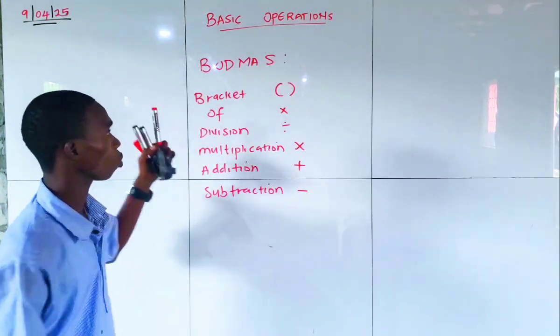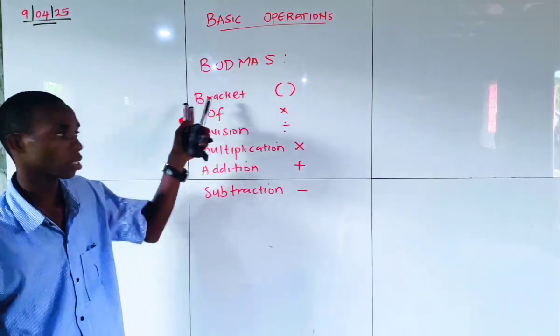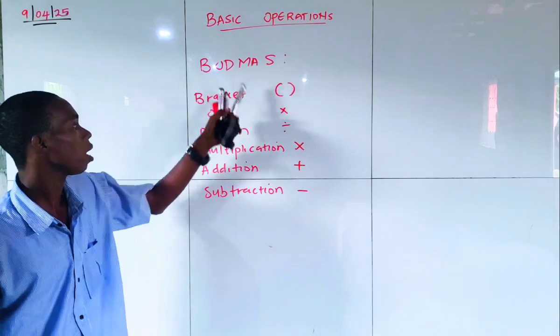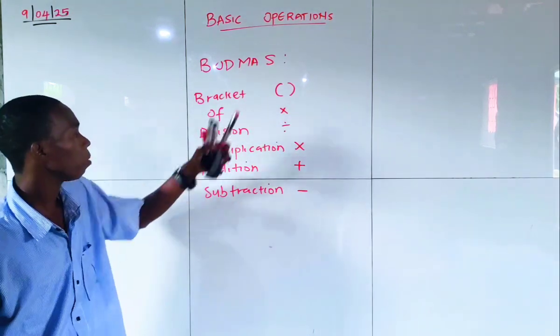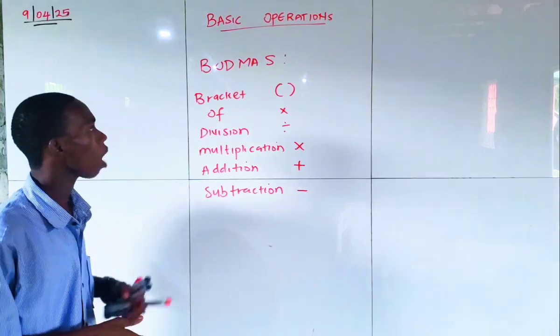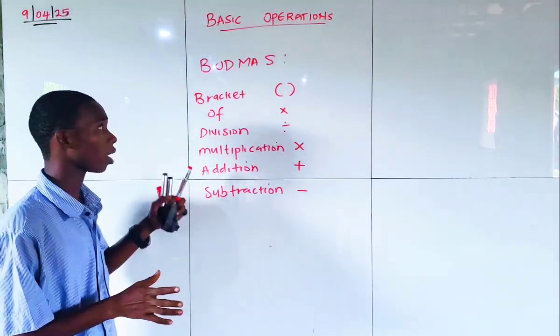Now, this is BODMAS. The B means bracket, and then the O means what? Of. The D means division. The M means multiplication. The A means what? Addition, and the S means what? Subtraction. Now, I will solve this one after the other so that I will show you what bracket is talking about,